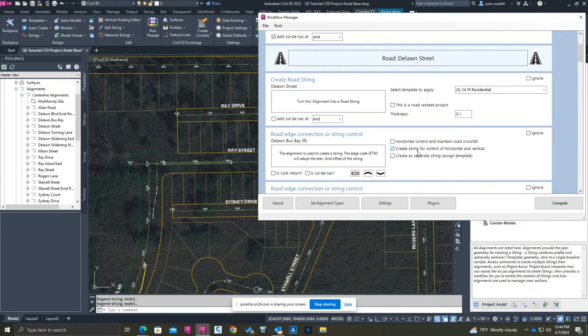independently from just stretching, minus 2% from your road template. So if you actually need to do some vertical design in there, you can use this option. Or if you need to do vertical design and add a template, that's pretty much your third option. So you can say, yeah, I want a separate string, but then I want to also apply a special template to it. All right. So I'll go ahead and leave it the default